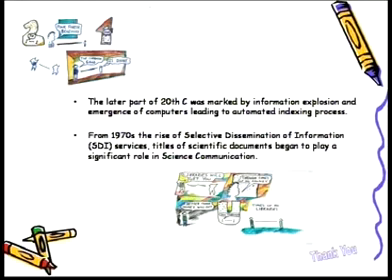The later part of the 20th century was marked by information explosion and the emergence of computers, leading to automated indexing processes. Moreover, access to literature even by non-scholars necessitated the development of indexes in every field of the universe of knowledge. As a result of innovative techniques in indexing, procedures have emerged predominantly in the USA. From the 1970s, with the rise of selective dissemination of information services, titles of scientific documents began to play a significant role in science